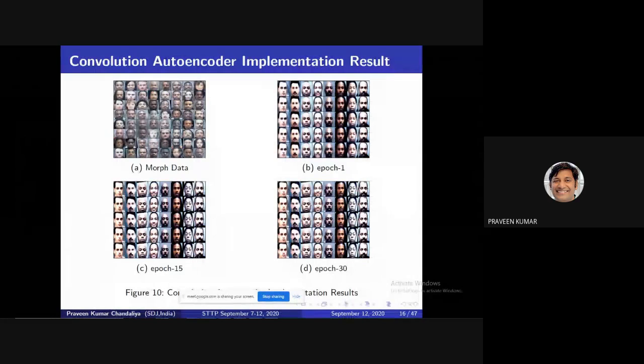Ma'am, any doubt? Hello? Anyone, any doubt related to this autoencoder concept? Yes, do we have any doubt? I request all the participants, please ask, sir. Because an implementation without an audience is very difficult to deliver.